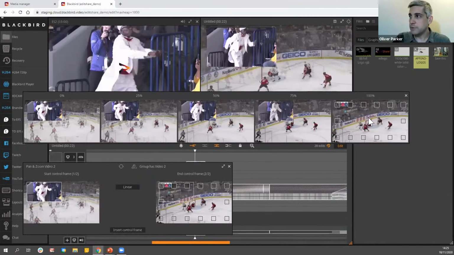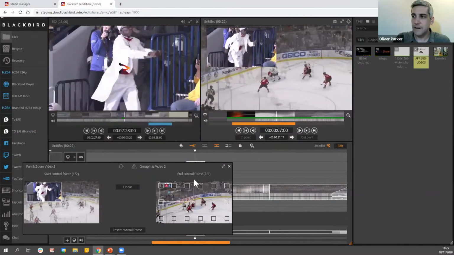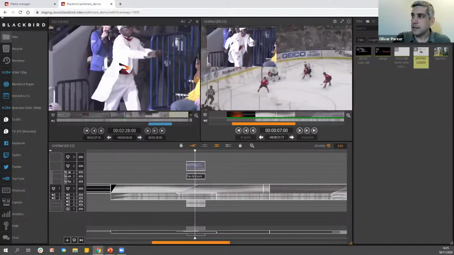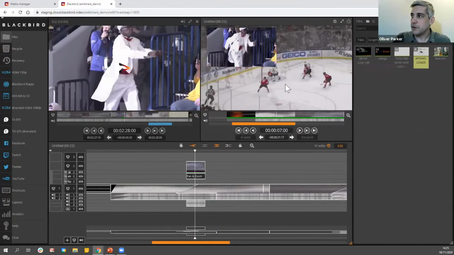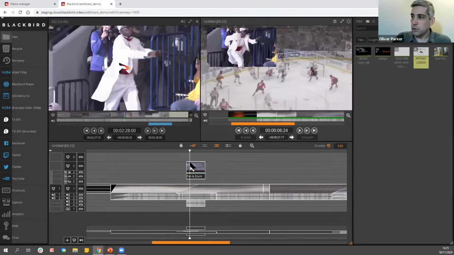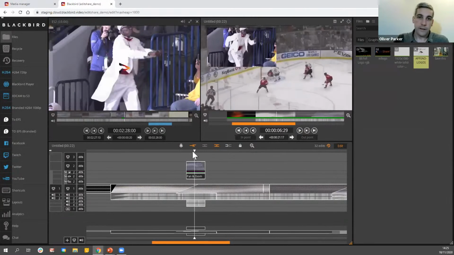This is all keyframeable within Blackbird. I can add other effects such as blur. I can even adjust my white balance and my black balance, hue and saturation on the content within my timeline here, and start to put some more advanced effects on. Again, all keyframeable, all reusable effects overlays, and all rendered real time within my browser environment itself.